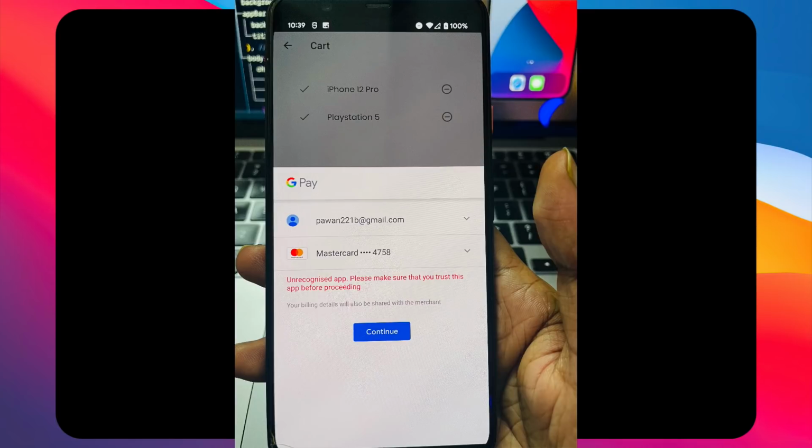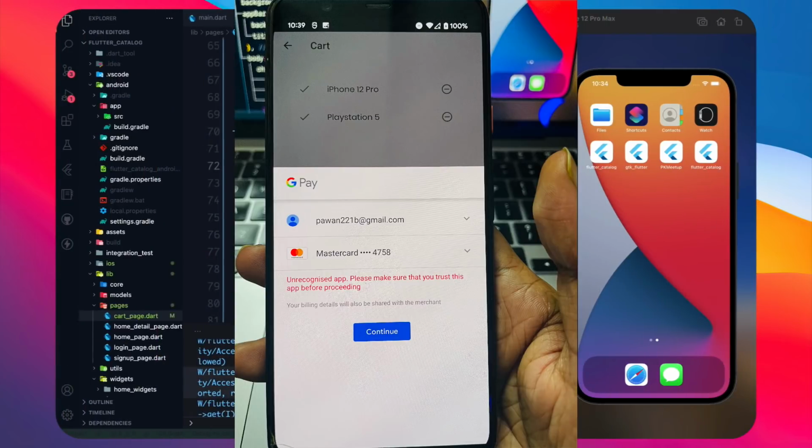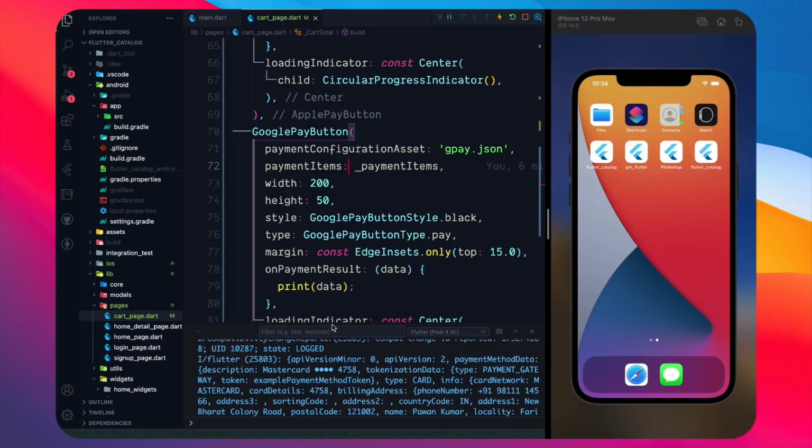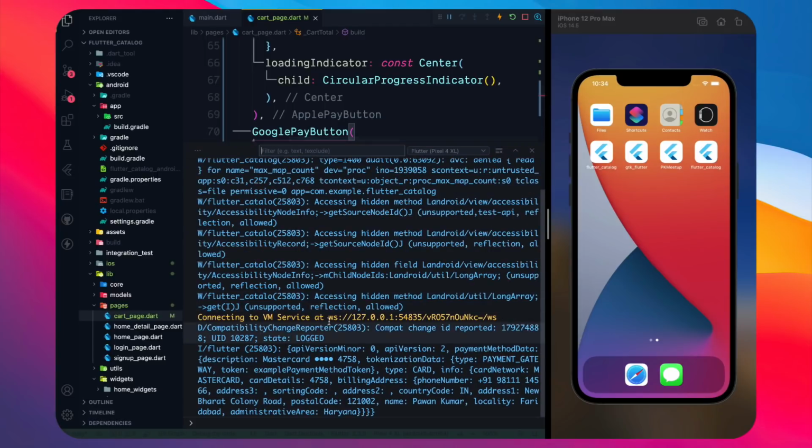And then once you are there, you can continue. And once you continue, then you are done with the payment. And here you can see all the information inside this thing, which is here, basically API version and all those sorts of things.